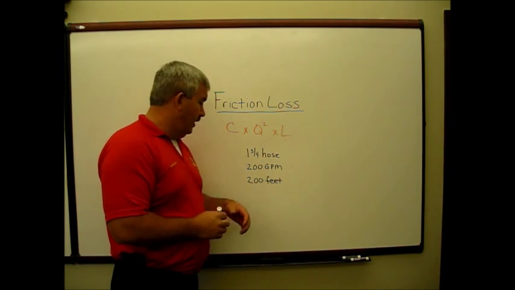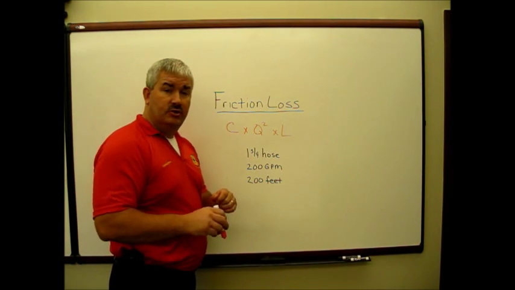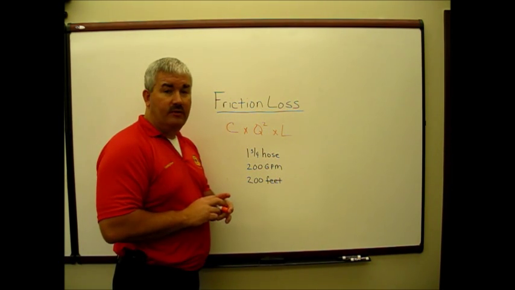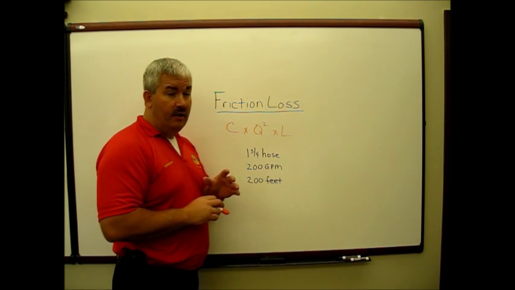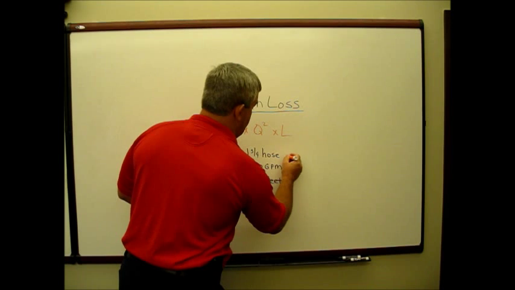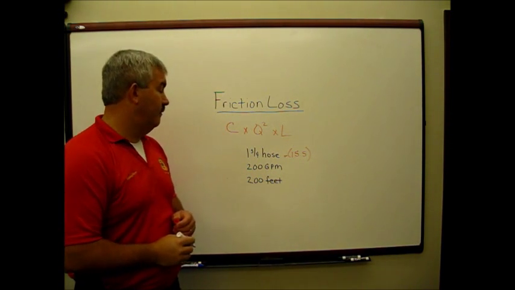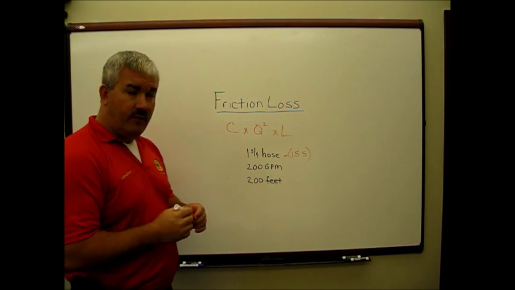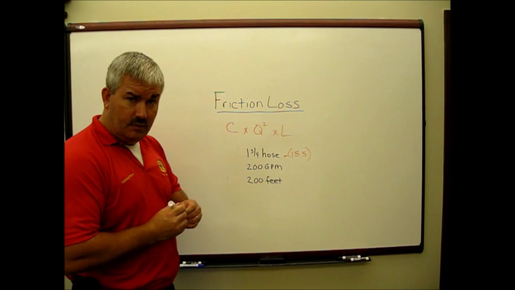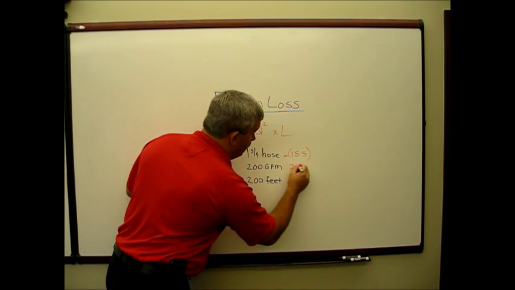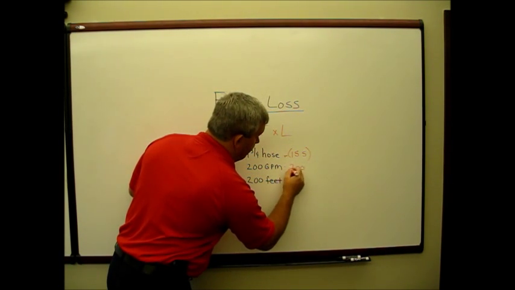So what you do here, you got 1 3/4 hose. You look on page 186 in your text, on the table, and the coefficient for 1 3/4 hose with 1.5 inch coupling is 15.5. Simple right there, 15.5. We're flowing 200 gallons per minute. Again, here's what we do. We take 200, divide it by 100,